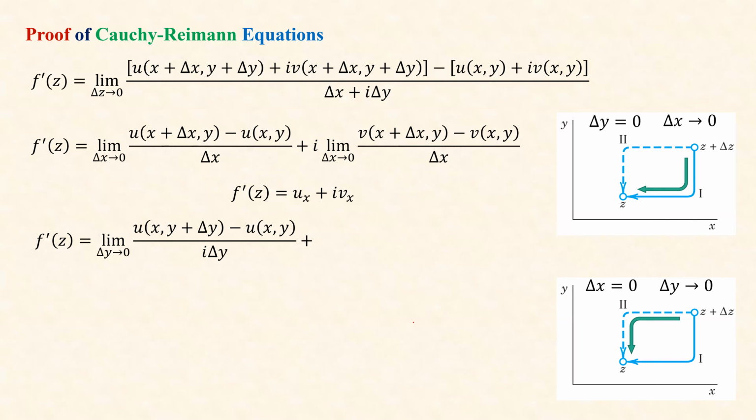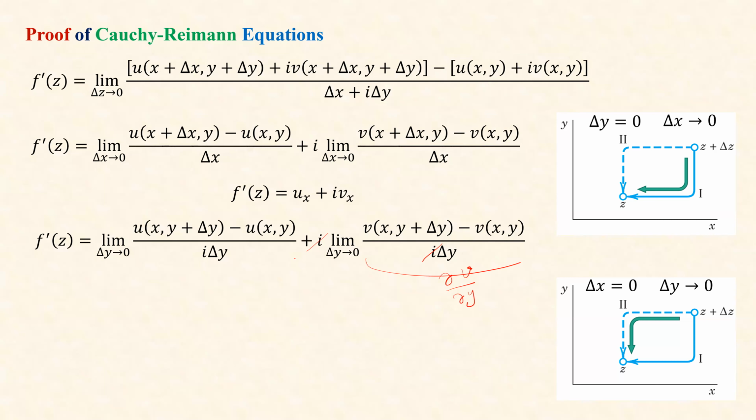So you can see that when delta x is 0, you have u of x and y plus delta y, and then here you have u of x and y with negative sign. That's the real part, divided by i delta y when delta y goes to 0. And then the rest of it will be i, and there's i in the denominator. v of x and y plus delta y minus v of x y, divided by i delta y. So you see that this i cancels out, and the rest will be partial derivative of v with respect to y,